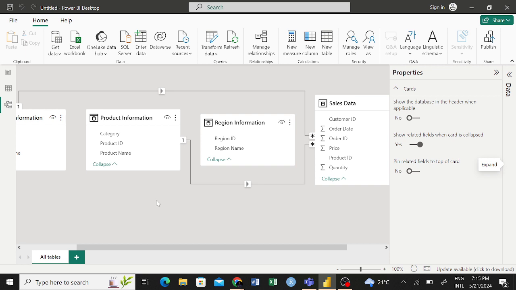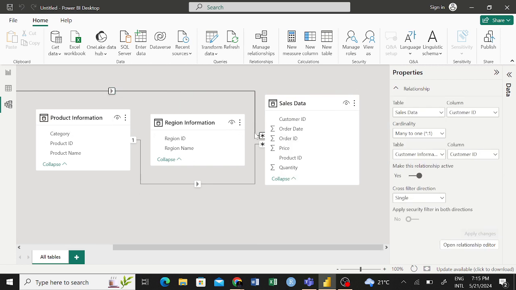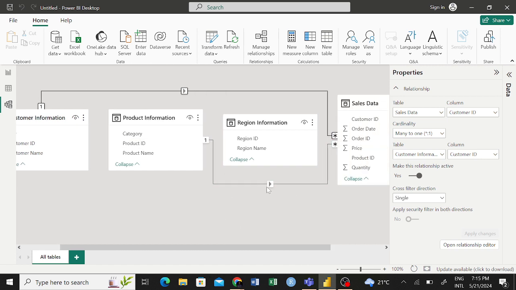But in most cases in Power BI, you find relationships are always one to one or one to many. Many to many is also there, but not really that frequent a kind of relationship. Again, it always depends on the data set that you are working with. So if you look at this, it is one to many. This one is also one to many. The direction of